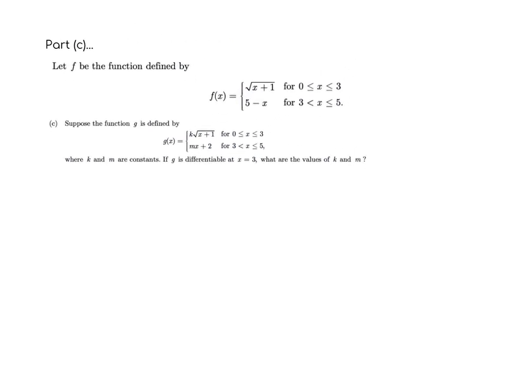Let's see what part C is about. Suppose g is a function defined by that, where k and m are constants. If g is differentiable, what are the values of k and m? So in order for g to be differentiable, we need